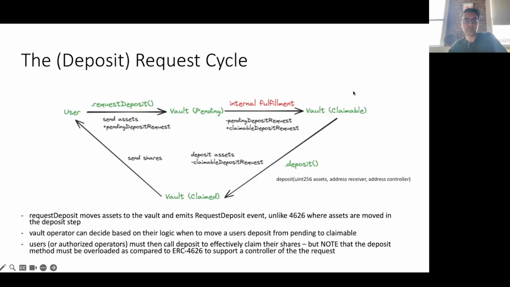And then a vault goes fully into the claimable step. Whenever a vault's claimable, the thing the user would need to do is actually deposit that claimable deposit request into the vault. And that deposit step looks like 4626. We could go back to the deposit thing, and the same stuff applies for the most part. But there is a side note here, which is that 7540 requires that you overload the deposit function